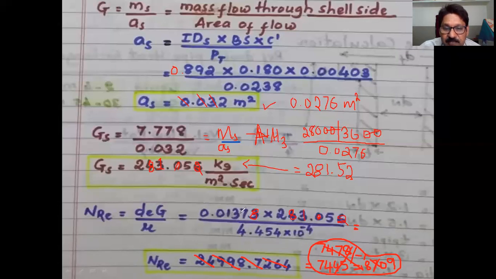Take this value, take this value, take this value, and you write, and later you multiply by 10,000. That's it. So don't take 10 to the power of minus 4 when you are doing the calculation. You multiply this 10 to the power of 4 at the end when you get the answer. Do that way. Because 10 to the power of 4 is on the top. Tell me what is the value now?